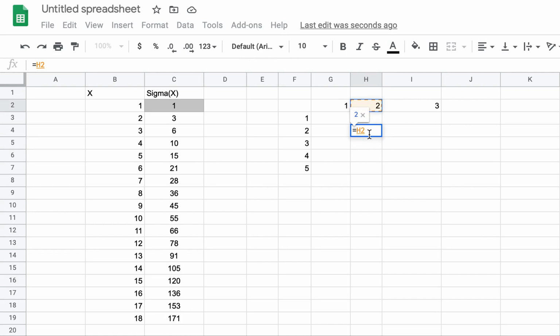It is going to multiply by H2, but when you are going down, then also you want H2 only. When you are going further down, still you want H2 only. Whereas Excel will make 2 to 3, 3 to 4, 4 to 5. So to fix, you will fix H2. So that way you have made sure that all the time you are multiplying by the column header, not by any other cell by mistake.